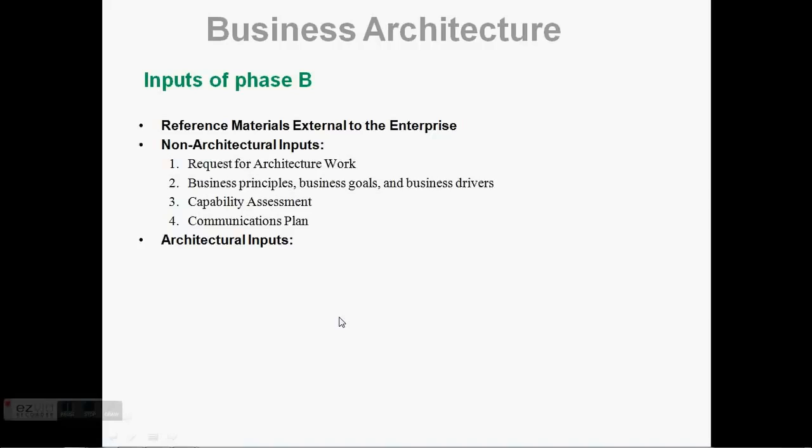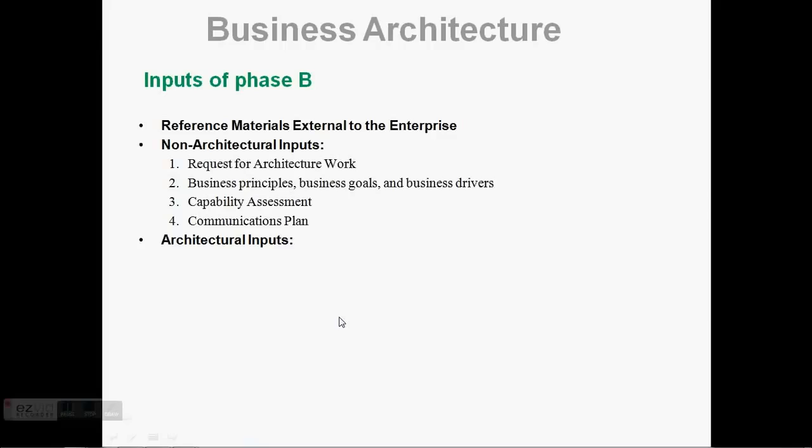It is also about what the capability and maturity of the architectural function within the enterprise is. And it needs to answer what architectural assets are currently in existence, or what it is we have currently, and are they maintained and accurate, or are they outdated? What standards and reference models need to be considered, and are there likely to be opportunities to create reusable assets during the architectural project?